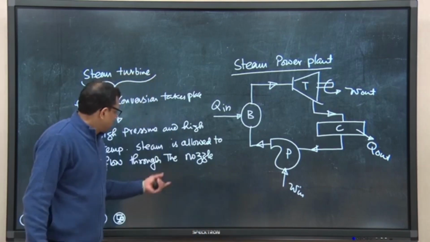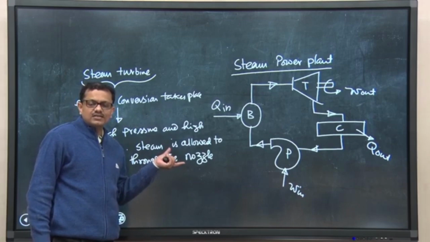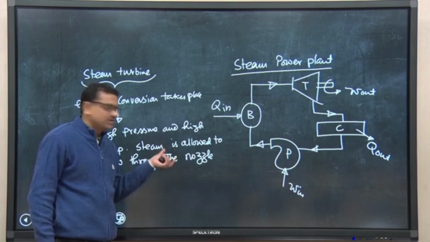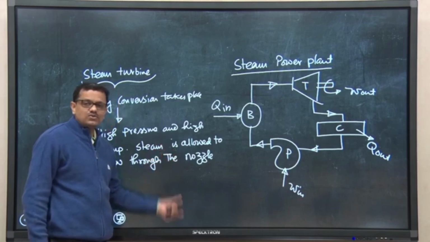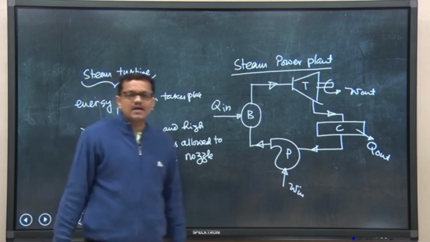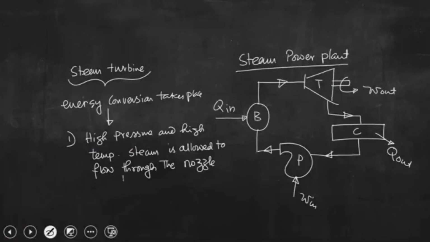So, the nozzle is having convergent shape, that is the area of that device decreases in the direction of flow. So, when that high pressure and high temperature steam is allowed to flow through the nozzle, at the reduction of that high pressure, velocity increases. So, flow velocity increases,